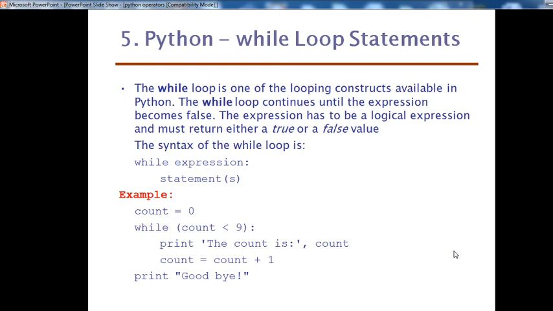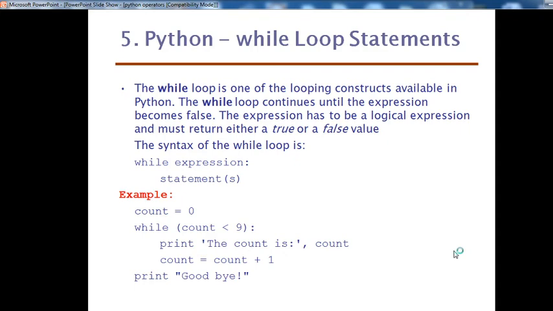The syntax of the while loop is as follows: while expression, statement. Remember the syntax: while expression statement. Example: count equals 0.